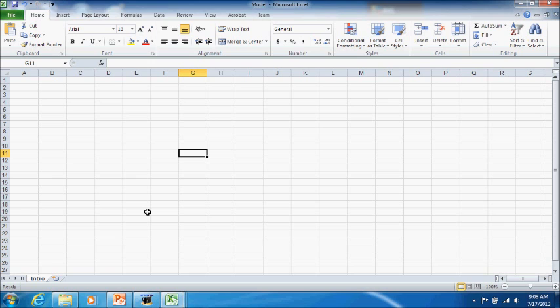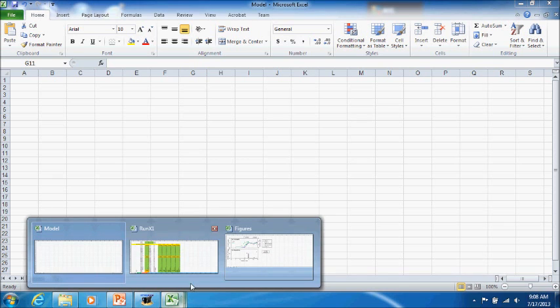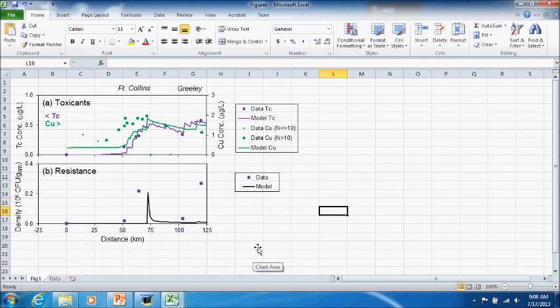Okay, so we are back. The model has finished. Let's take a look at the output. First, we're going to take a look at the figures, and if you remember what we were just looking at in terms of this plot, you'll realize that the copper concentration decreased a little bit, but the resistance actually decreased significantly. And that is simply due to the nonlinear relationship between the concentration of copper and the concentration of resistant